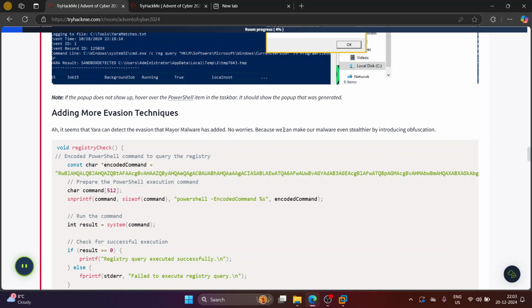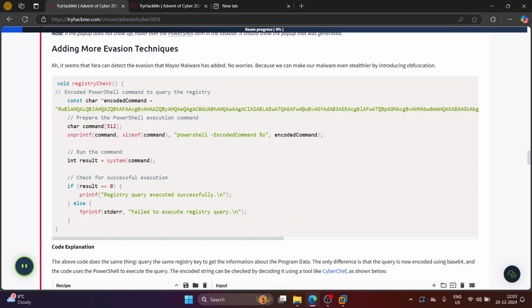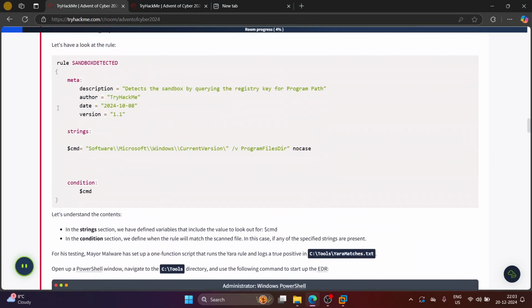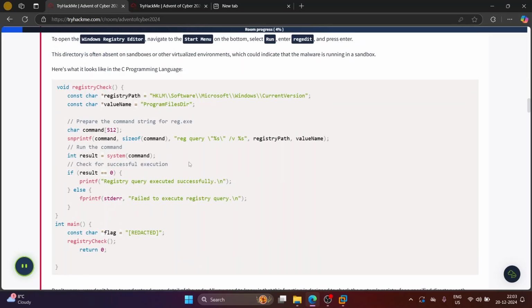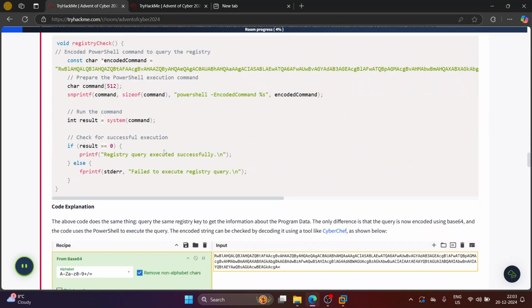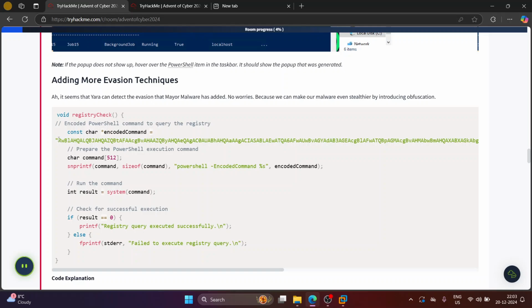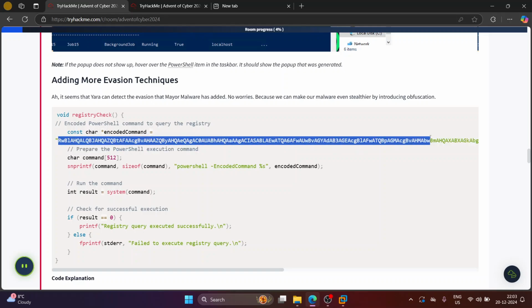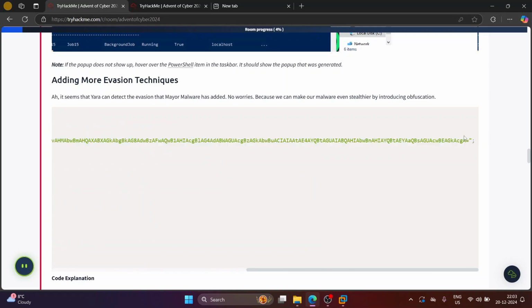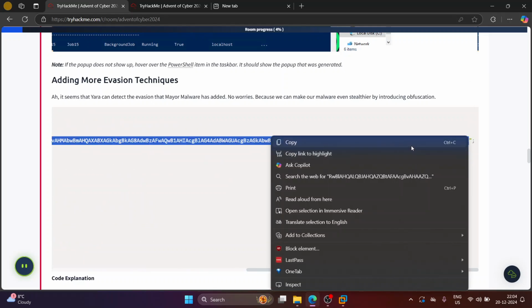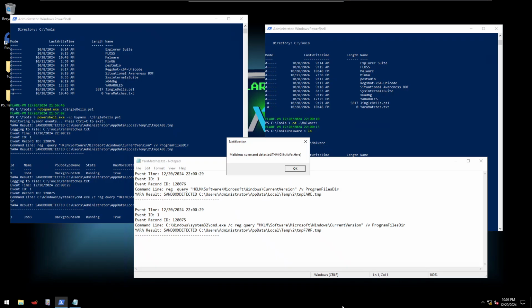We have seen that. No worries, because we can make our malware even stealthier by introducing obfuscation. Now here we are using an encoded PowerShell command to query the registry. Instead of using a C program for registry querying, we are running a direct PowerShell command to query the registry path in this particular case. If you want to see this, just copy this and